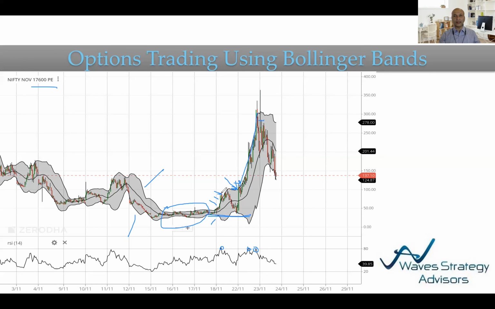So again I'm explaining. The first signal we got, band expansion happened, but by the time I got a signal, our RSI was at 80 level, so it was overbought, so I avoided it. Next time when it rallied sharply, RSI was much below 80, so this was the time when you could have bought the option. Continue to ride this option on the upside sharply, keeping this low as your stop loss, so your risk was limited. You're riding the trend on the upside, and that is how you can trade options by looking at this simple Bollinger Band breakout strategy.